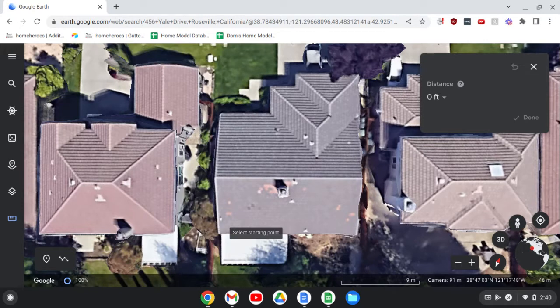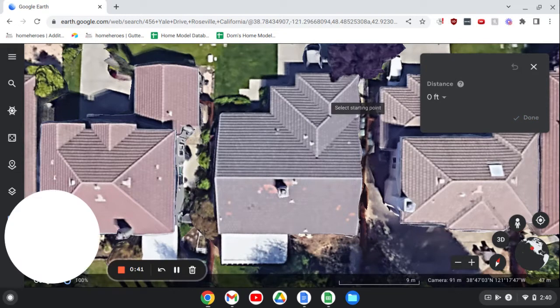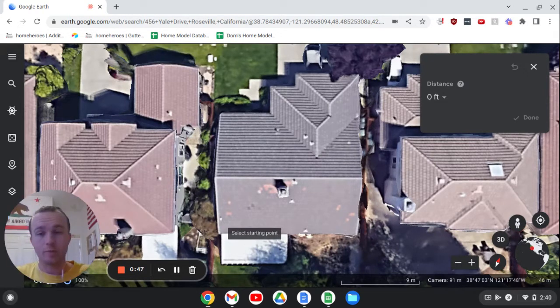So the first step is you're going to want to get the bird's eye view of the image of the address in question. So this is the home we have to provide a quote for, and then I'm going to look at some of the neighboring homes too to be able to measure the gutters as well. But you have to get a bird's eye view image of the home. So we are right above the house positioned. You're going to have to navigate yourself a bit, drag and such,